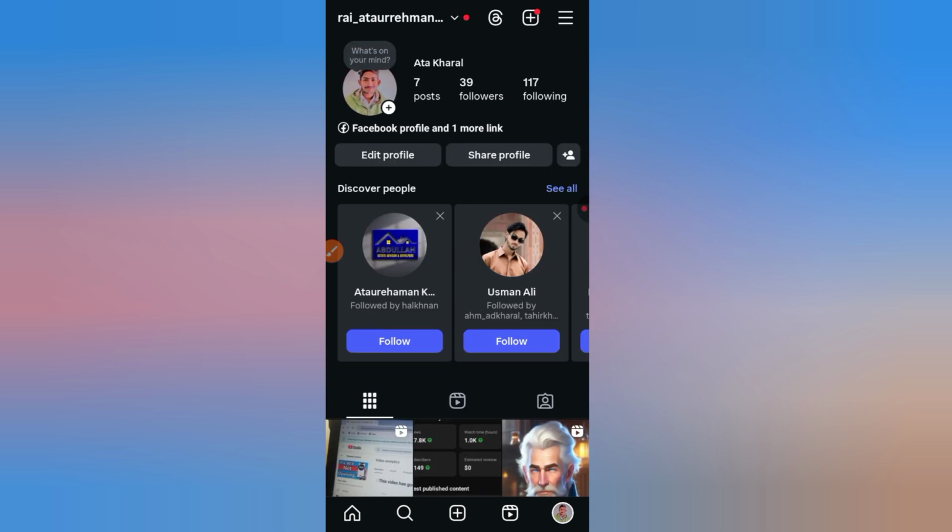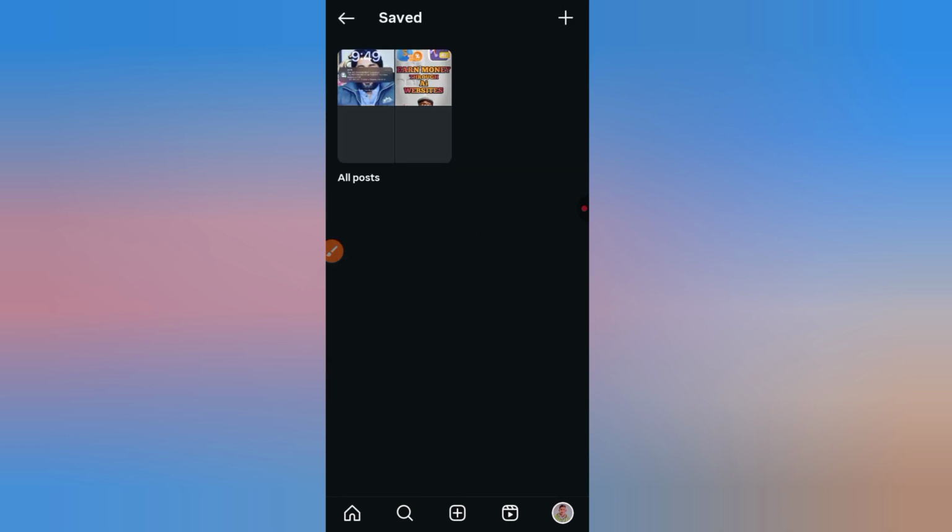Fix 3. Update the app. Outdated versions of Instagram may not support the current